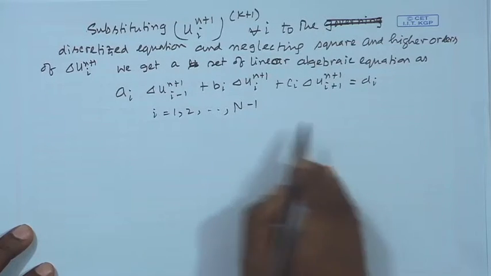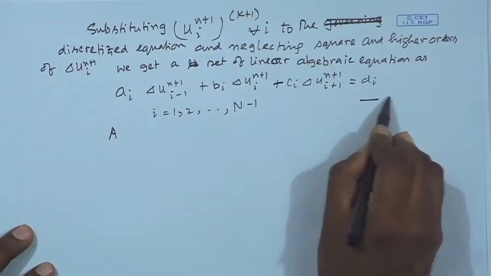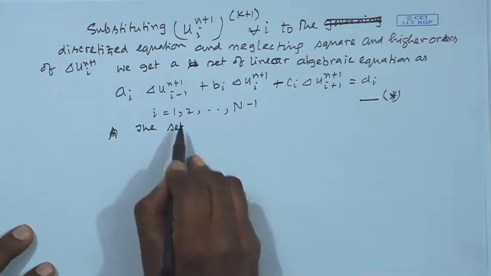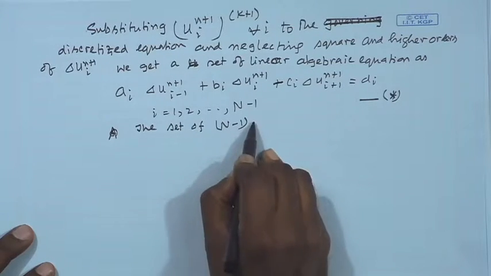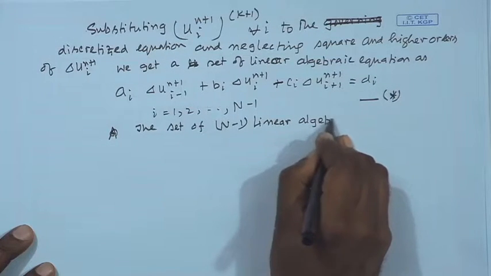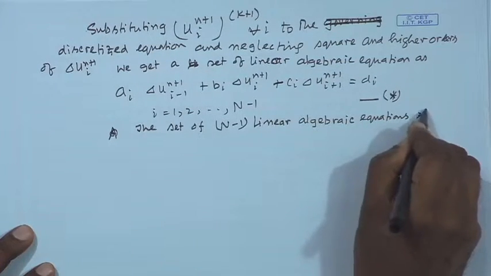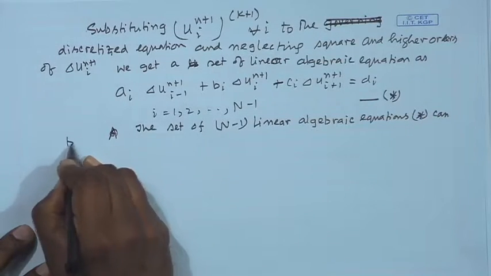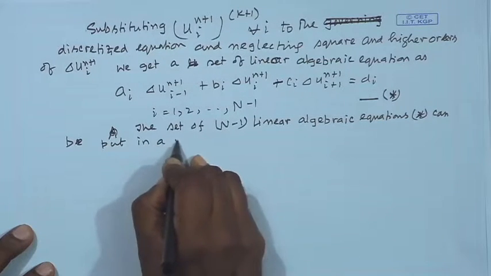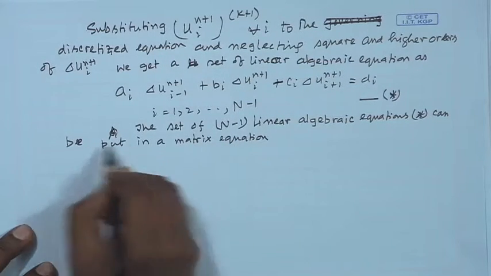So, this forms a tridiagonal system. So, this set of n minus 1 linear algebraic equations, star, can be put in a matrix equation form, as can be expressed